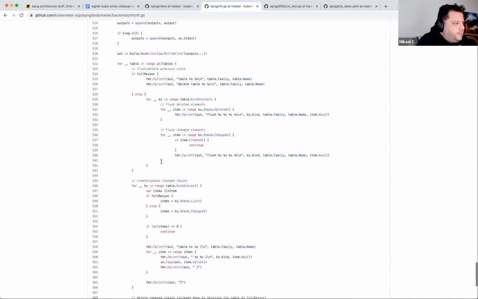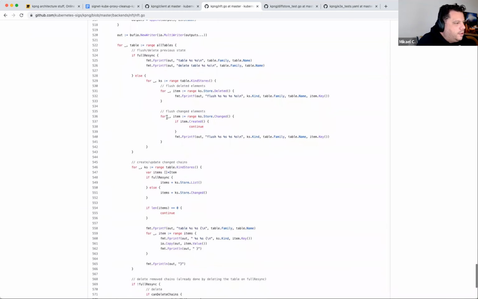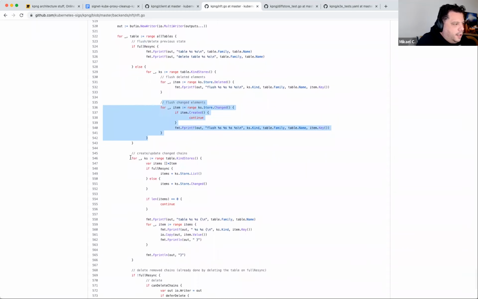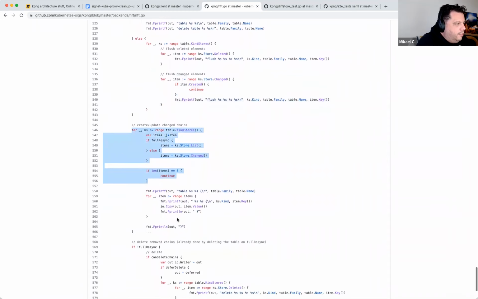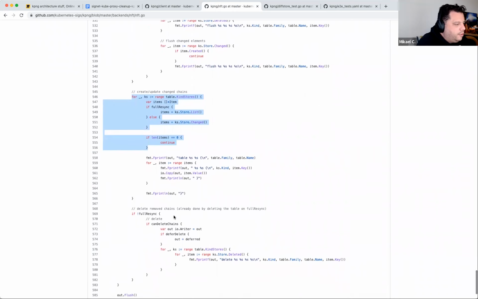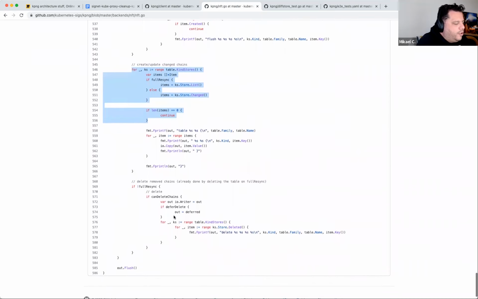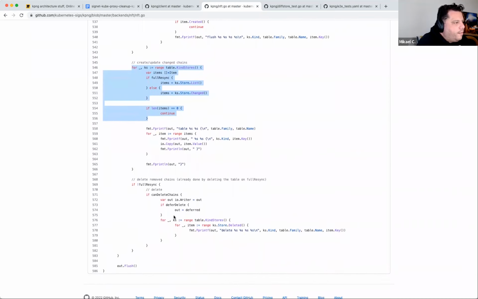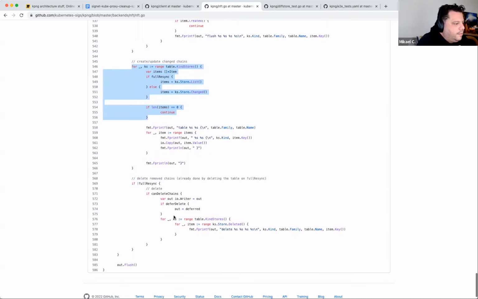Then for everything that's been changed, I also flush them because they are going to be rewritten. Then I take all the changes and just dump the definition of everything that's been changed: every table, every map, every chain. And that's it. Got it.